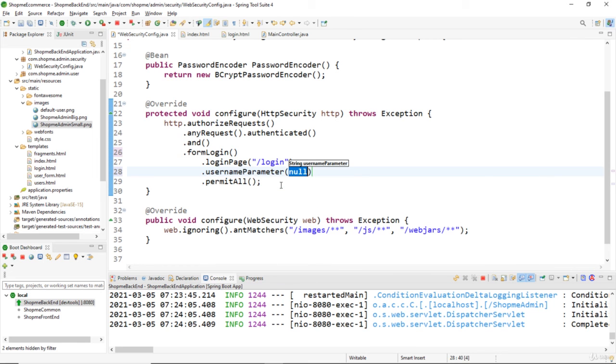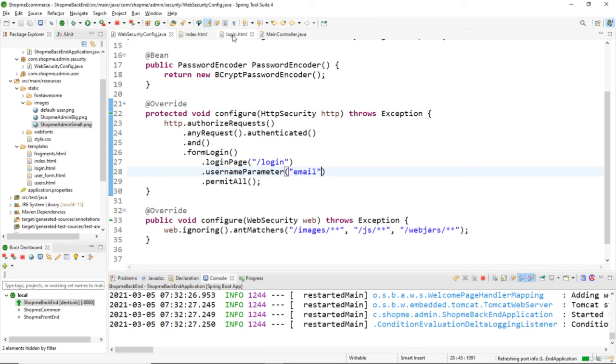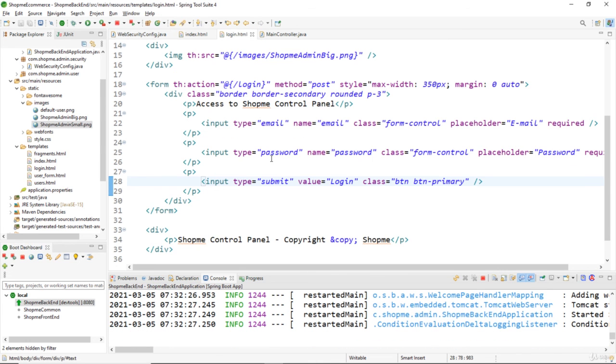Username parameter, by default the username parameter is username, but we use the email, so we need to specify username parameter is email here. Okay, save the changes, and that's for the coding of the custom login page. As you can see here,